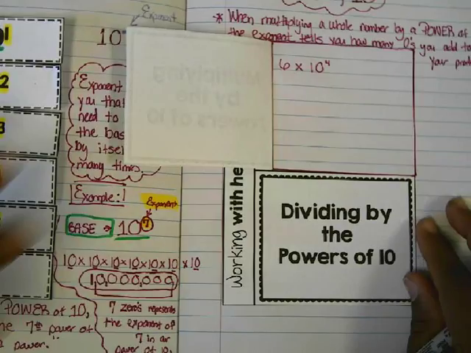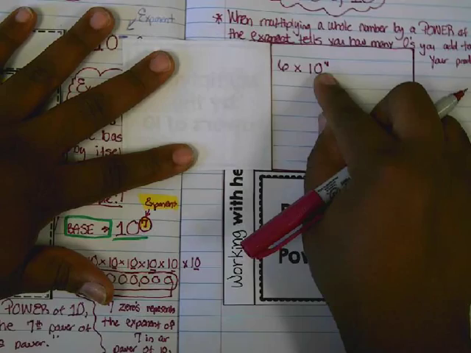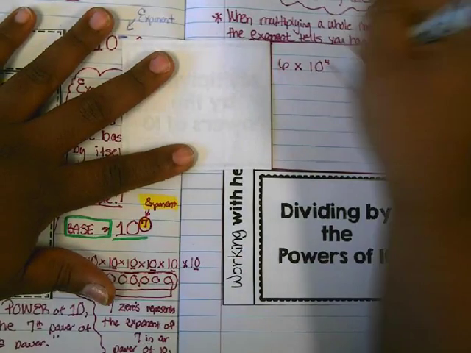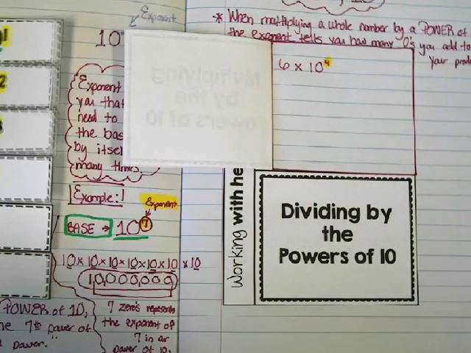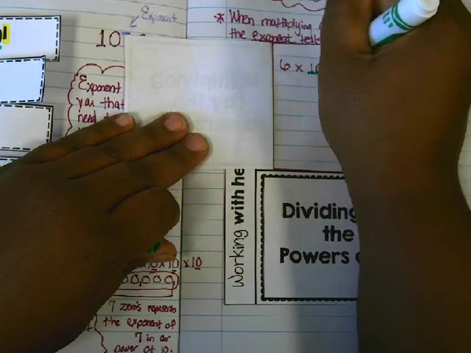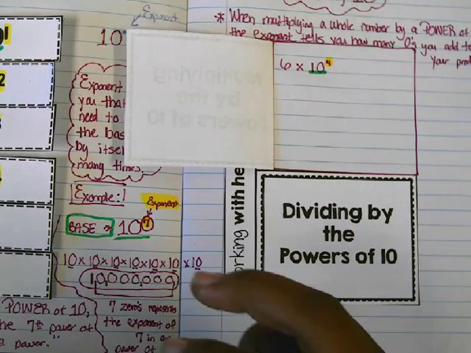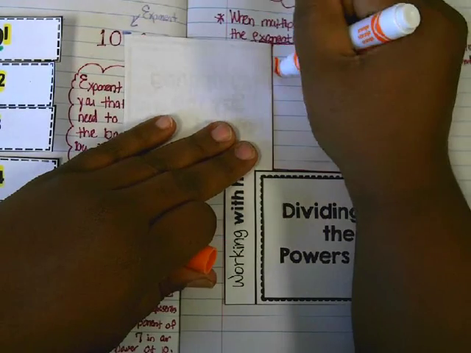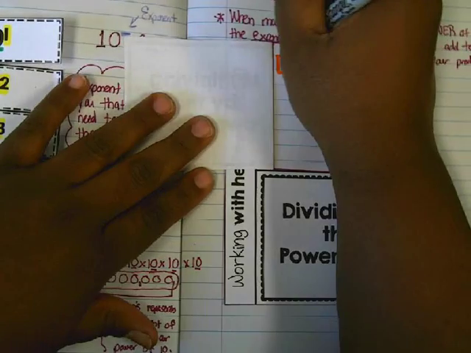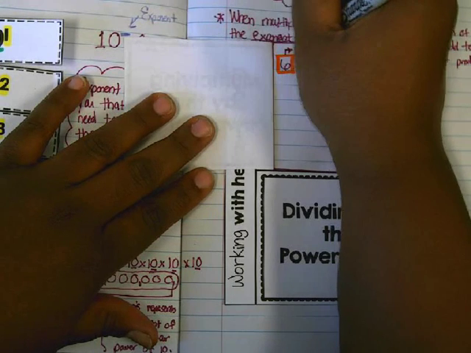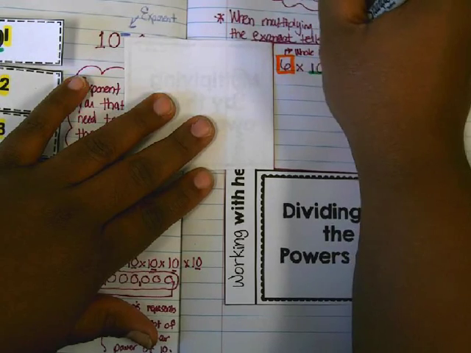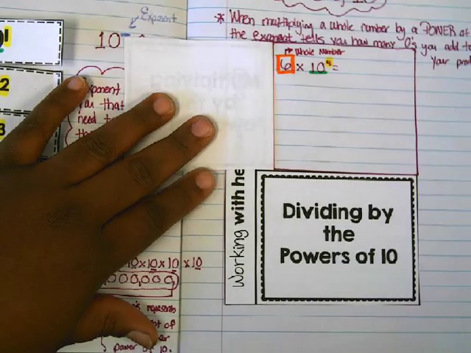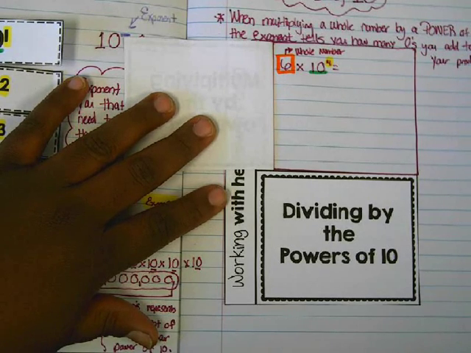So I have 6 times 10 to the fourth power. Well, here is our power of 10, which is 10 to the fourth power. Remember, it has our exponent, which I'm putting in yellow. Then I'm underlining my base, 10. This right here is our beautiful whole number. This is your whole number. So 6 times 10 to the fourth power, or 6 times the fourth power of 10, is going to be